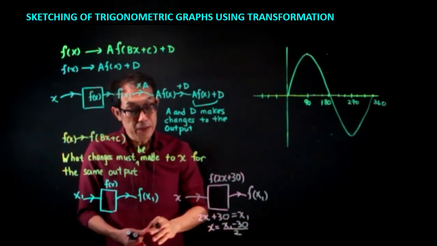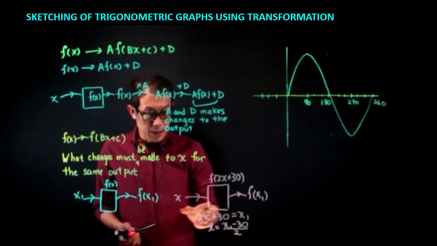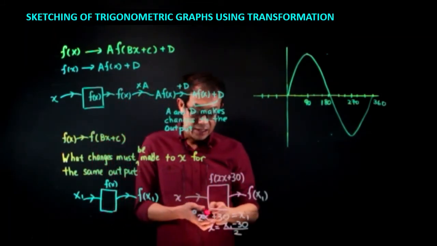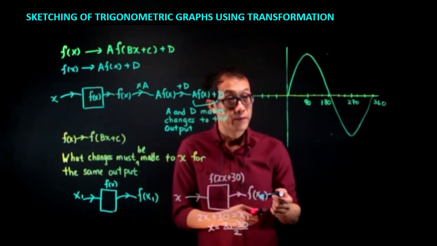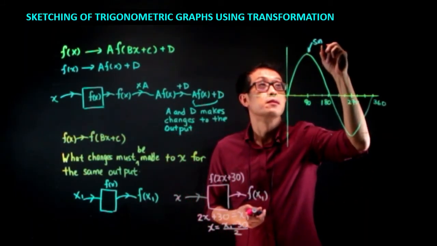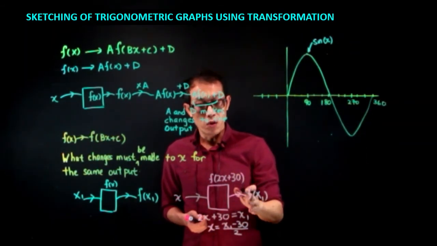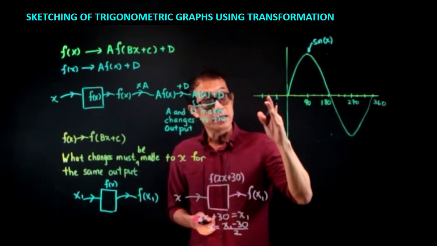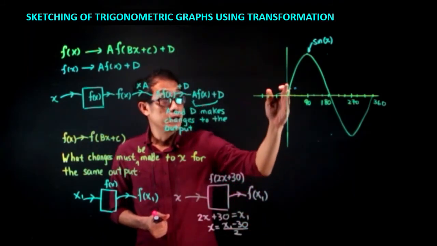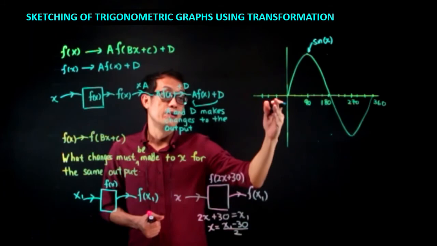Now, what does it mean graphically? Let's look at this x minus 30 first. Now, this graph is sine x. Now, let us draw sine x plus 30. Now, that means for the same value of y, what values of x must